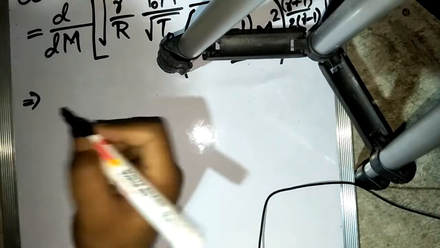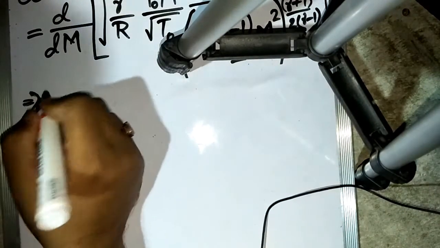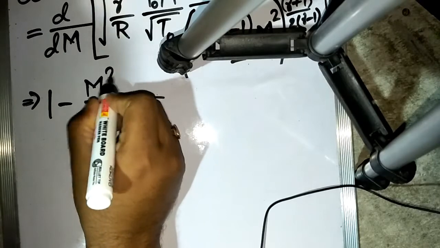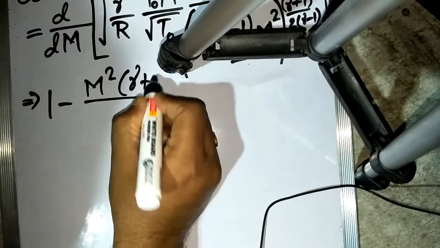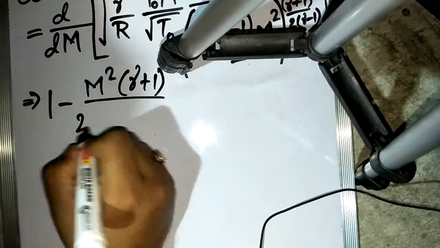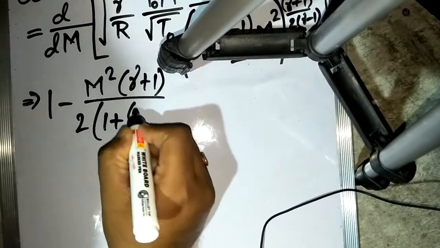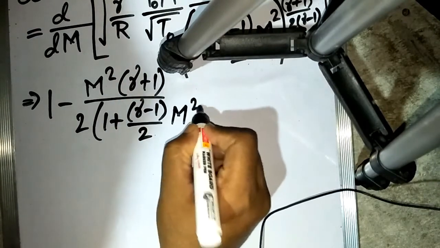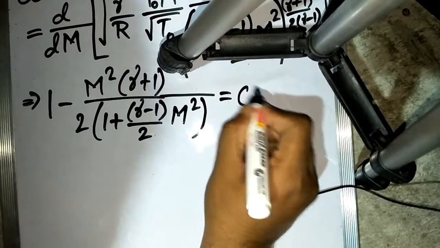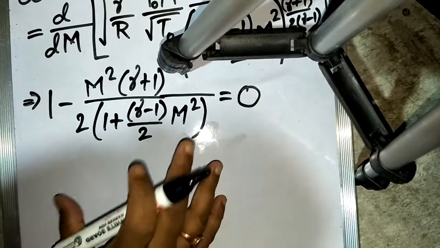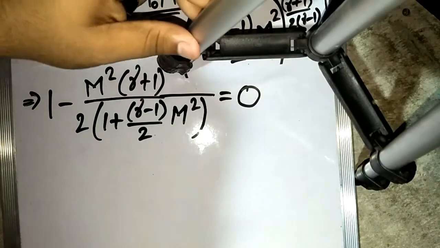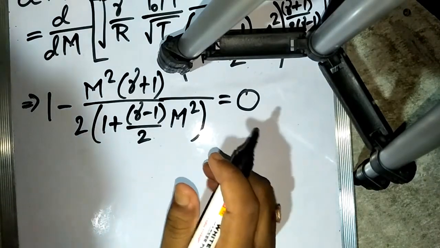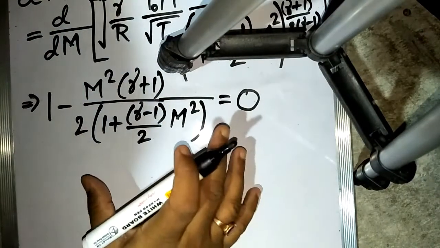So the value that we get by differentiating this thing is (1 − M²)(γ + 1)/2 × (1 + (γ − 1)/2 × M²) = 0. We get this equation by differentiating the above equation and equating it to 0, and by solving this equation we get